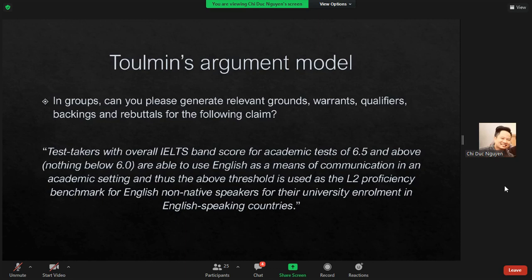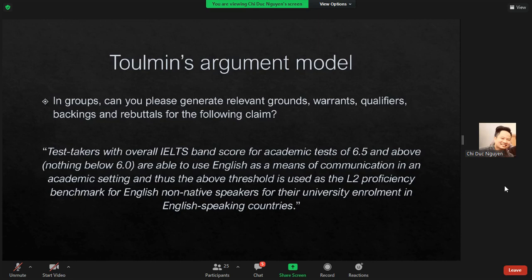Very good. Yeah. And apart from it, we need to have some kind of interview or survey with the students who have already achieved 6.5 on the IELTS band score, and those who achieve less than this, those who achieve more than this, to see whether they perform very well in the academic setting in terms of their language performance. Okay, so you can have some kind of interview or questionnaire survey with the